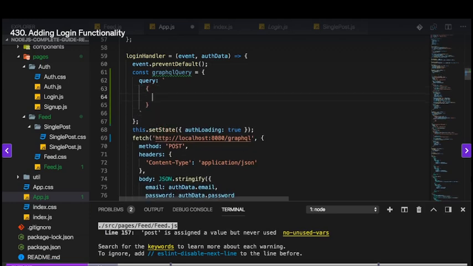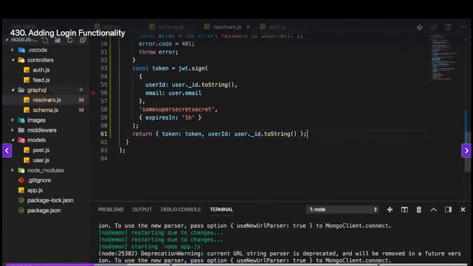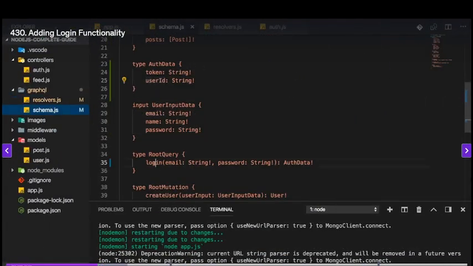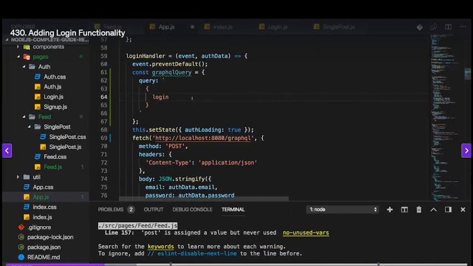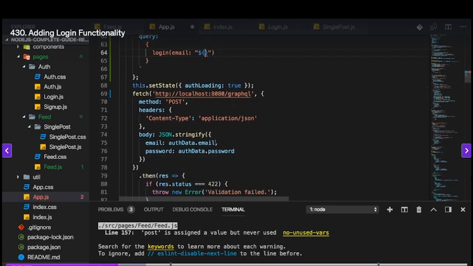In that query here, I want to reach out to my login query. So to that query, I defined in that schema, login. I need to pass email and password here. So login actually gets curly braces here. And the email, between double quotation marks, will be the email I also extract down there